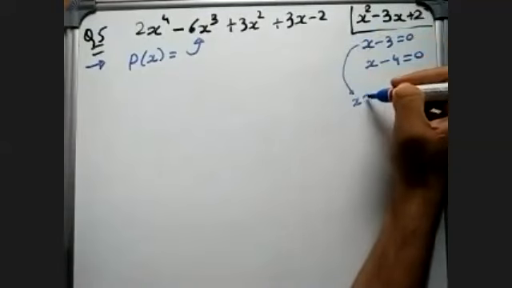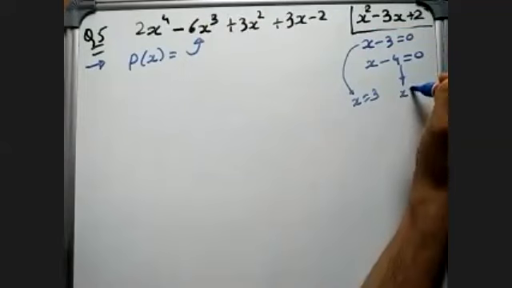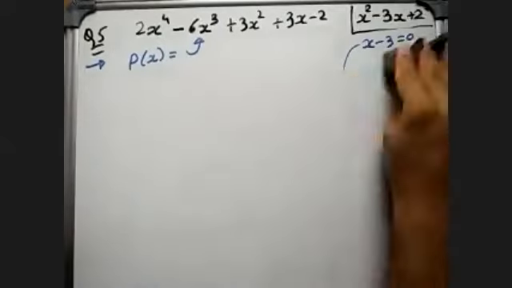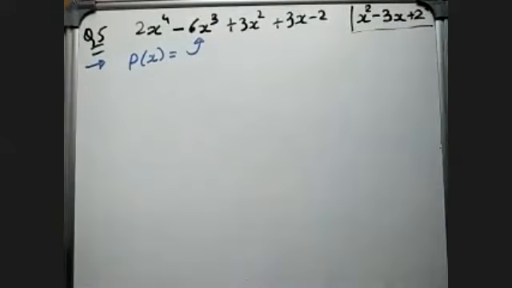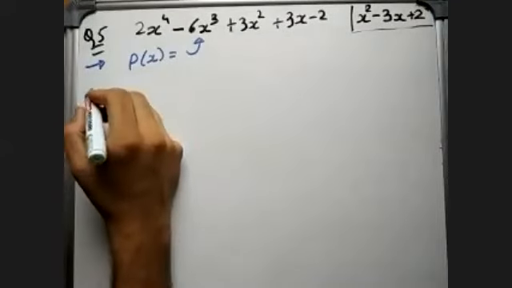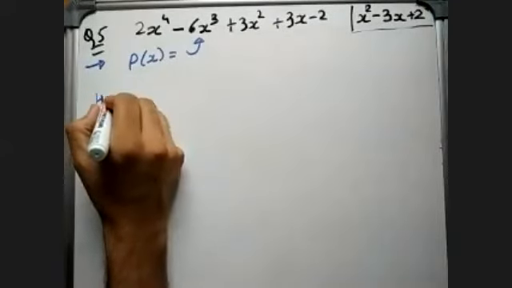Then I was taking x equal to 3 and x equal to 4 and putting p of 3 and p of 4. Isn't it? Yes. So here also, instead of x minus 3 and x minus 4, they have given x square minus 3x plus 2. So whenever you want to divide with any polynomial, we will take that polynomial as 0 to find its factors. So here, let